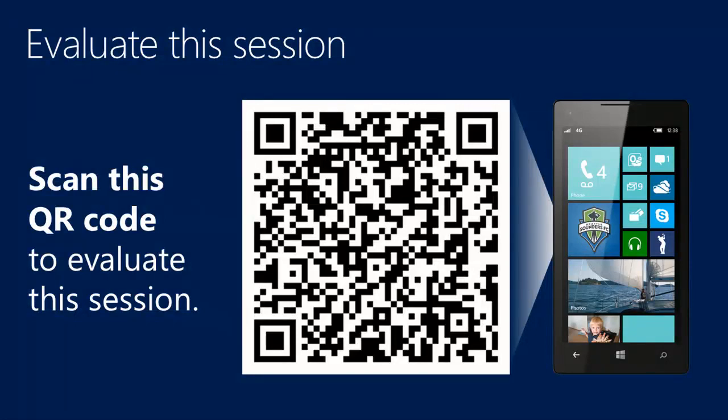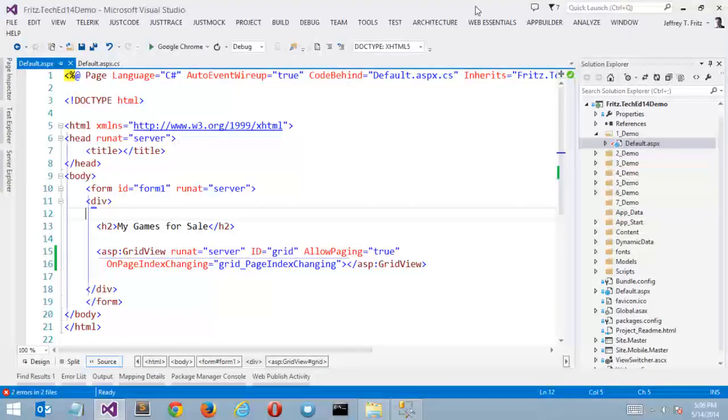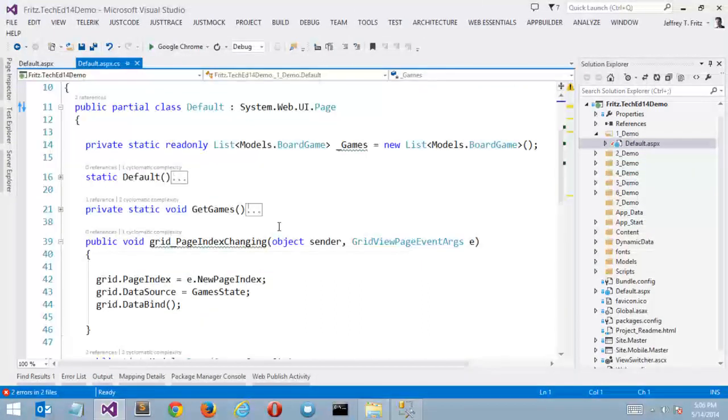So I have here a simple page. I'm not going to do a lot of fancy CSS and JavaScript and make pages look really cool, because what I want you to see is the core markup and the code behind this. Break it down, let the designer people get in and take care of that stuff later. So I have just an H2, my games for sale, and then I've got a grid. And in my code behind, I'm actually going to bind to that grid